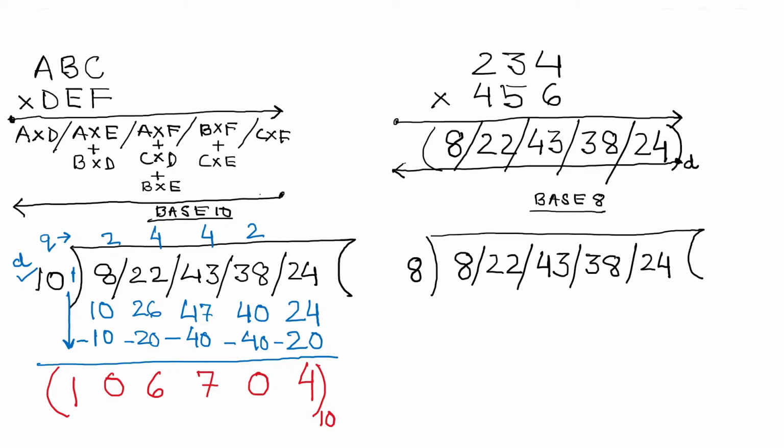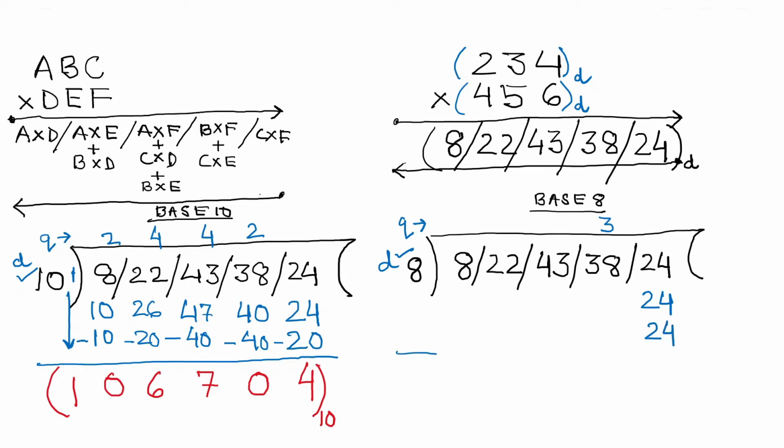So we know now that the divisor is 8 in this case. And why do we know that the divisor is 8? Because we have been given 2 octal numbers, and the 2 octal numbers here are 234 multiplied with 456, of a base, which is the divisor D, and in this case the value of the divisor is 8. Okay, let me start from the right hand side. So this is the first dividend, 24 is my first dividend, so 8 into 3 is 24.